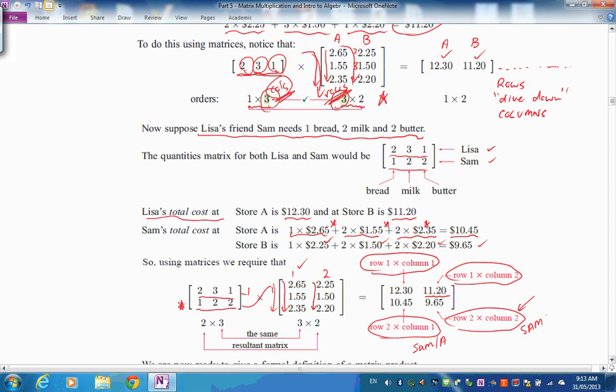This is Sam in store B, because column 2 is store B. And this is Lisa in A, in store A, and this is Lisa in B. Hey, you thought this was very simple and a bit useless maybe, but gee, can you see the power of this? In the expandability, if you had many people, many stores, or wanted to combine entries in that way,